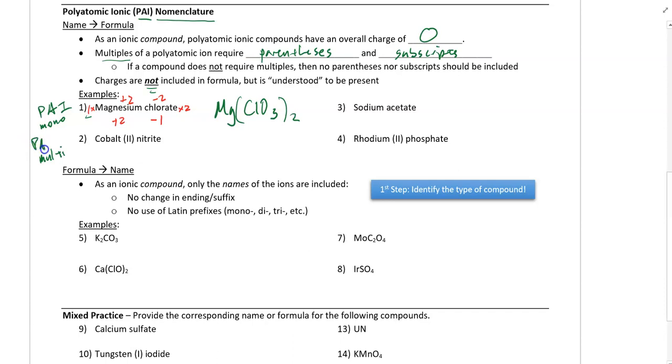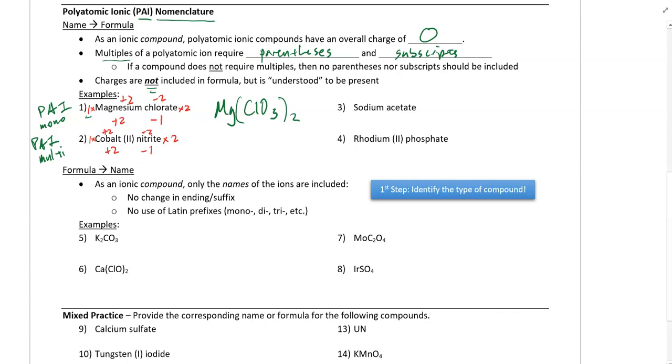So again, in terms of going through the process, I know it's going to be polyatomic ionic. Let's see how this plays out. All right, so first of all, cobalt II. Now, again, I know this is multivalent, so I don't even need to look for it on the periodic table because it already tells me right there, +2, so I'm going to jot down a +2 here. Nitrite, once again, that's a -1. All right, so doing the least common multiple thing here, cobalt +2, -2, to make sure that they match up. So this nitrite's going to be multiplied by 2, the cobalt's going to be multiplied by 1, and